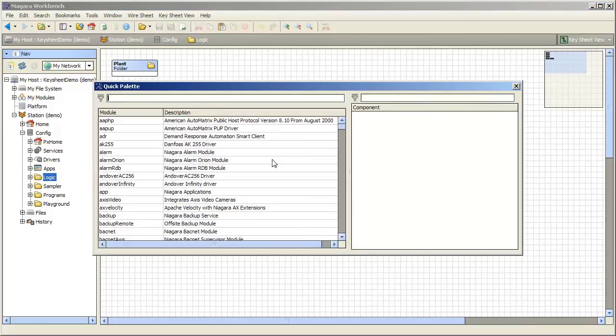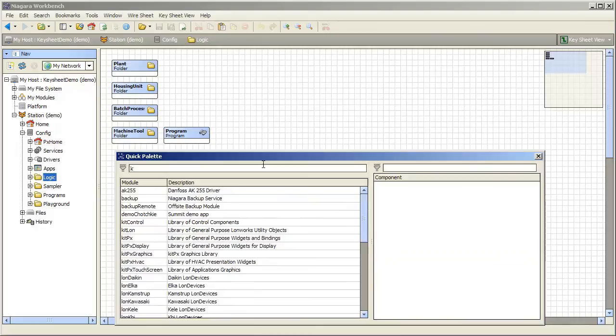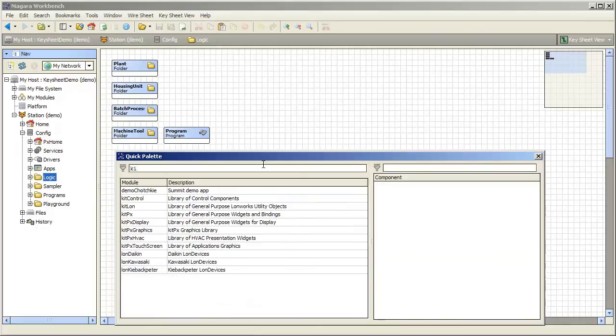The quick palette dialog is designed to give you the ability to add components from the palette without having to navigate through the different modules manually. So, let's say for example I wanted to add, and let's move this down just so we can see them added, let's say I wanted to add a loop point. Well, I know it's in the kit control module, so I can just start typing here. And as I type, I am filtering out the list of what's available. I see kit control as the second option, so I can come down here with the arrow keys and hit